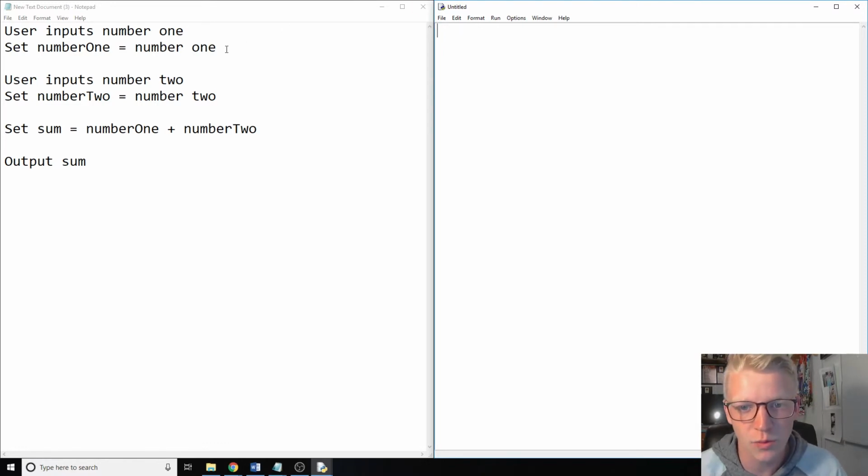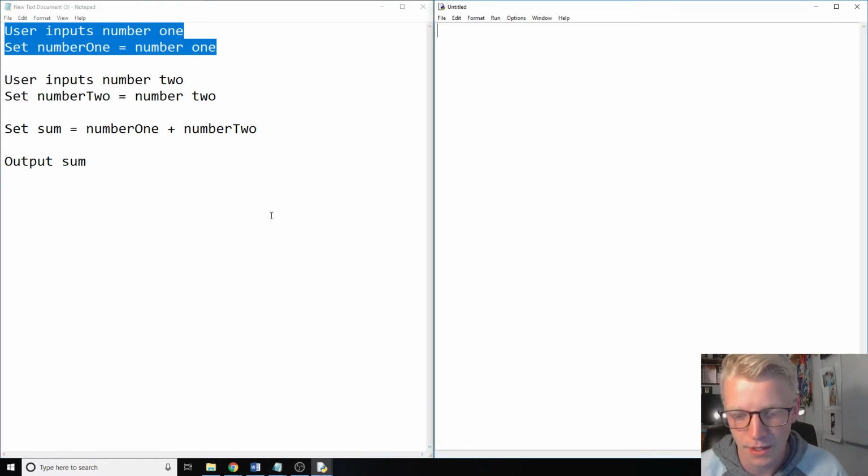So we're going to start out with this first step here. And as you can see, user inputs number 1. So this is going to be an input command. And then we want to set a variable called number1 equal to what they input. So that's pretty simple. Let's just start out with number1